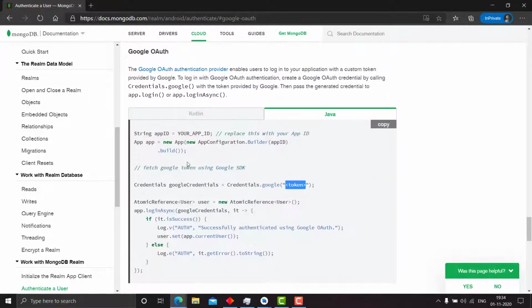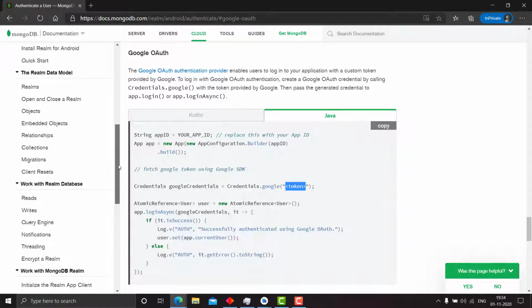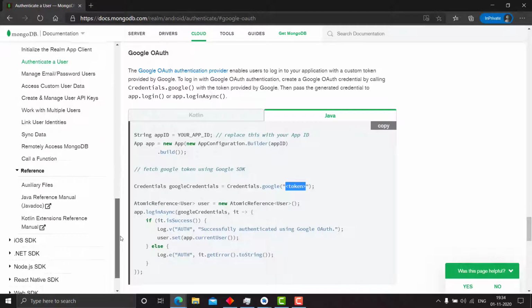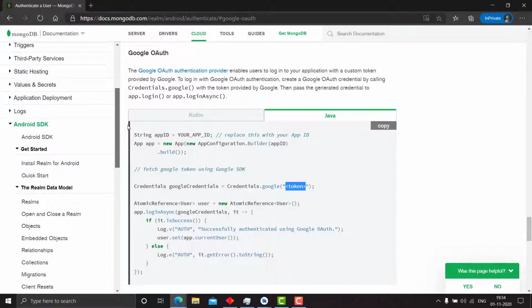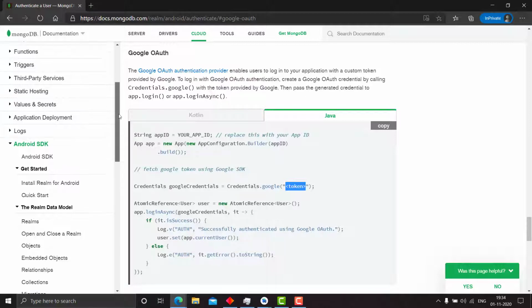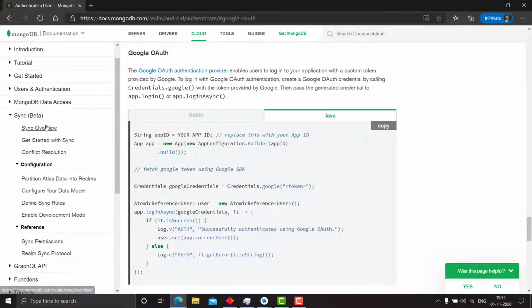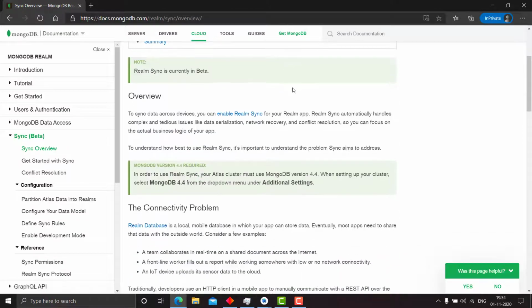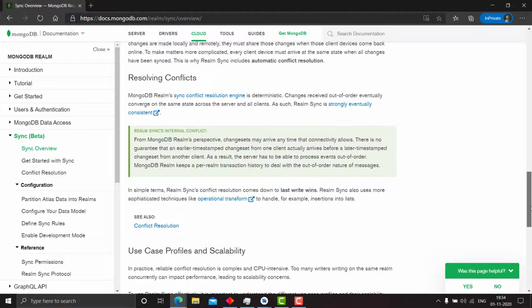change the documents and make them more user friendly. Currently, this is the documentation of syncing, which makes Realm a very great service, because sync is a very useful feature for Android developers. But the documentation they have for sync is just this much, all theory and no code.